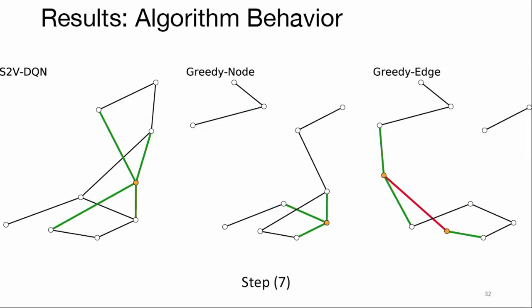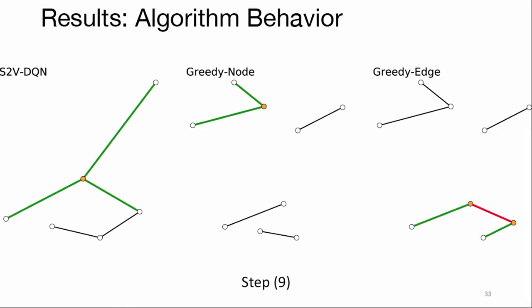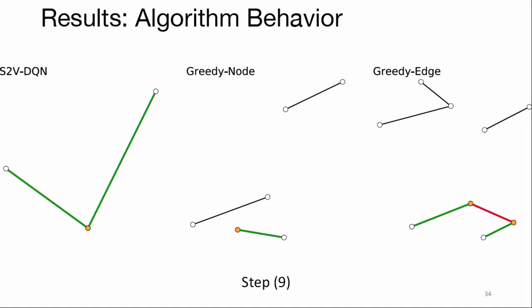And we can see in the 7th step, the other greedy heuristic makes the residual graph isolated, but our algorithm still keeps the connectivity of the graph. And the same thing happens till the end of the planning. So we can see our algorithm learns a strategy which tries to keep the connectivity of the graph. This cannot be simply represented by a greedy approach, but more requires a dynamic programming-like approach.